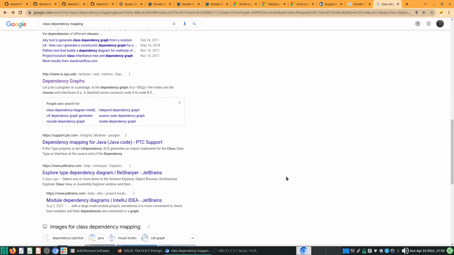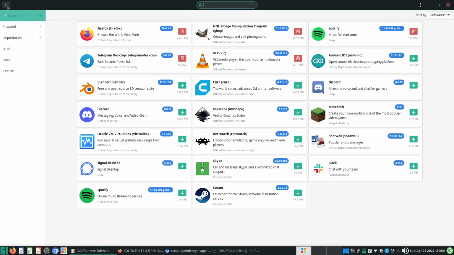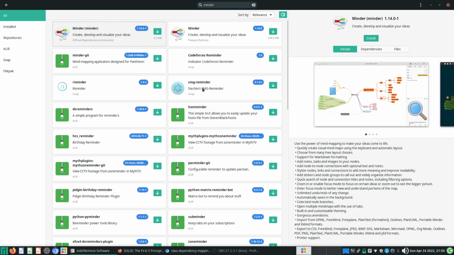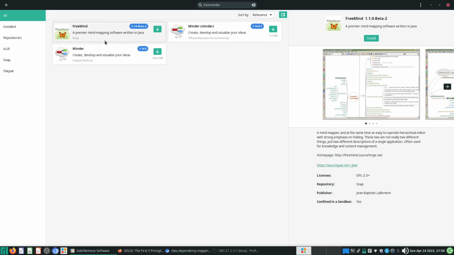Okay. So I guess the easiest way in terms of downloading software and configuring is just to use mind mapping tools. So the mind mapping tool you can use is Freemind. The other one I like to use, maybe consider using, is Minder. Minder, unfortunately, is Linux only. If you want to use the other one, you can use Freemind. Freemind is definitely cross-platform. It's written in Java. Okay, so it should be quite okay for you to